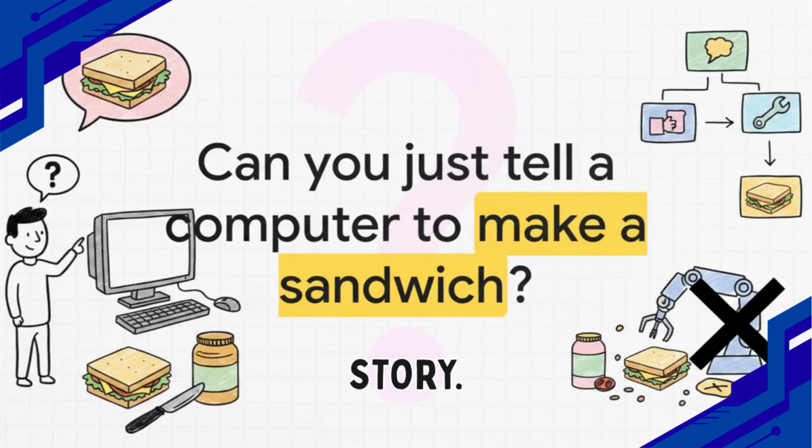Let's put this into a little story. Imagine it's lunchtime and you turn to a friend and just say, "Hey, make me a sandwich." Your friend obviously understands your human intent. They intuitively fill in the blanks, walk over to the kitchen, find the ingredients, and bring you some lunch. But if you say that exact same sentence to a computer, it just sits there, doing absolutely nothing. A computer cannot guess your intent. There's no intuition. It's bound by absolute imperative logic, and it is completely dependent on you telling it precisely, step by step, what to do.